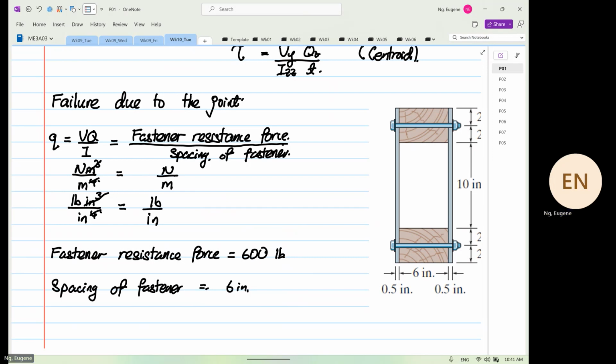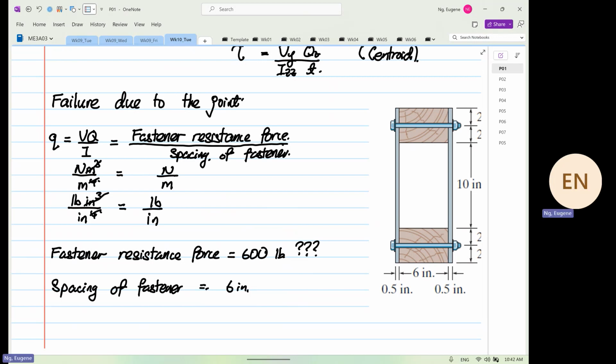Now, a question for all of you. How is the fastener resistance force related to shearing? Only if I can convince you of that will you want to calculate the shear flow. If I don't convince you, you say, why is that? So first question,